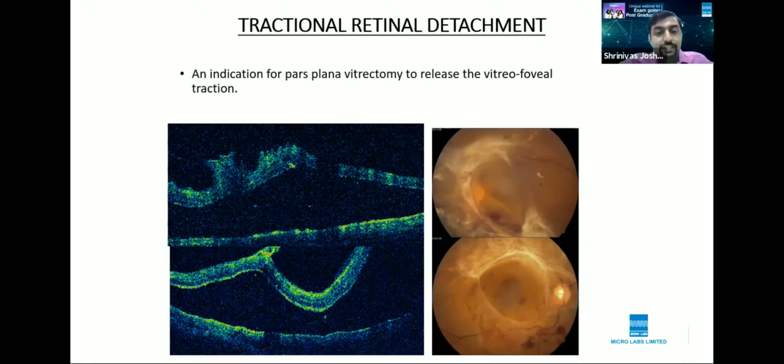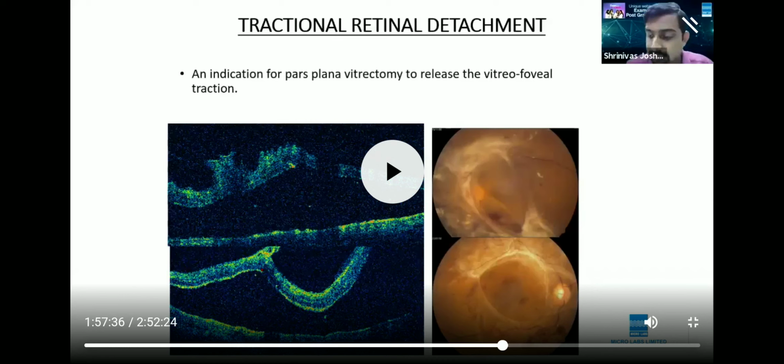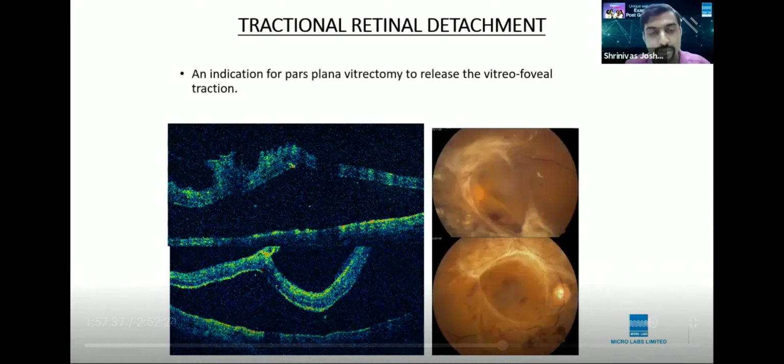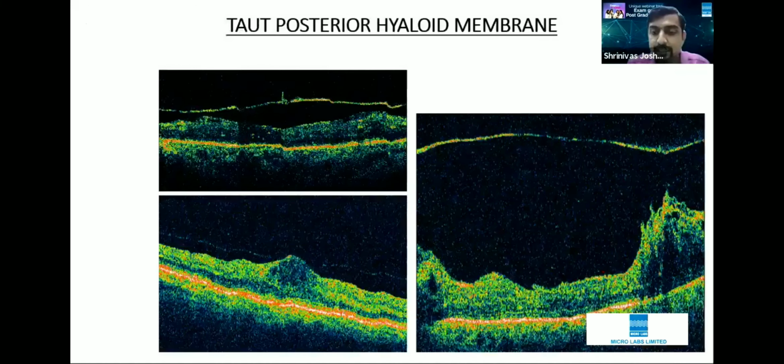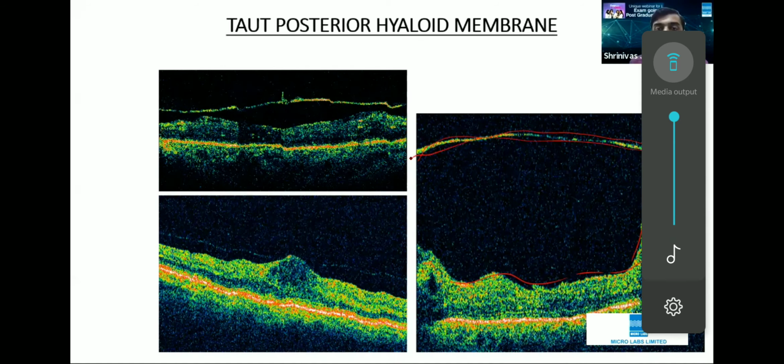You see there is no normal anatomy of the macula at all. You can see the detached retina, which is called a tractional retinal detachment, which Dr. Guruprasad Sir nicely showed in his presentation. Now, what is this? You see the retina here, you see the ILM here, which is slightly lifted, and definitely you can see this hyperreflective layer in the vitreous phase, which is nothing but a taut